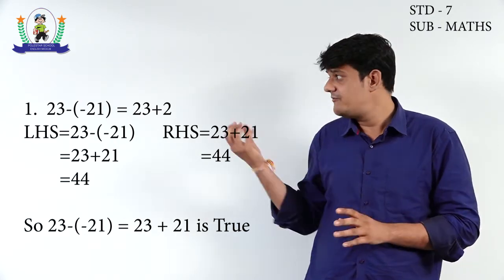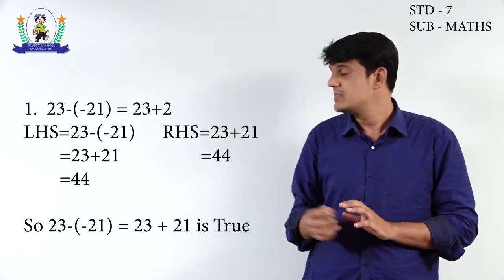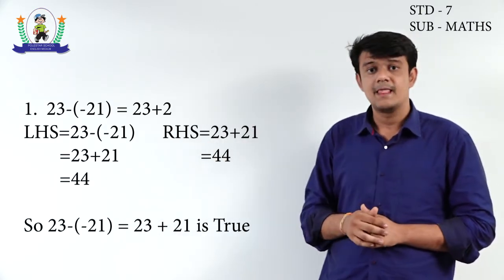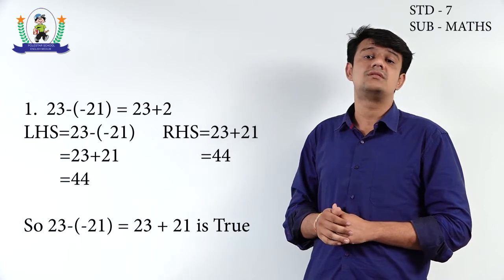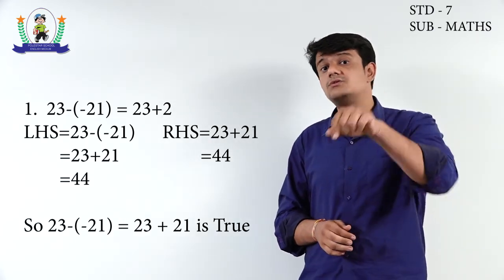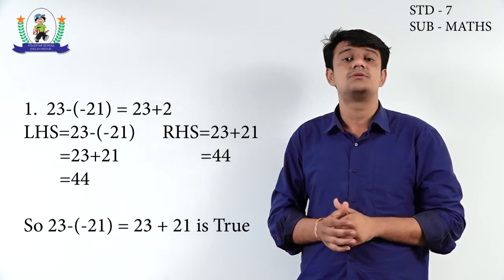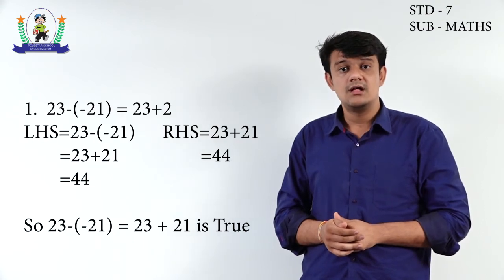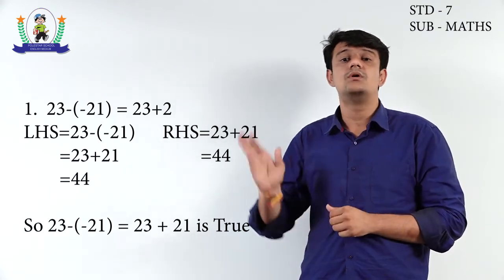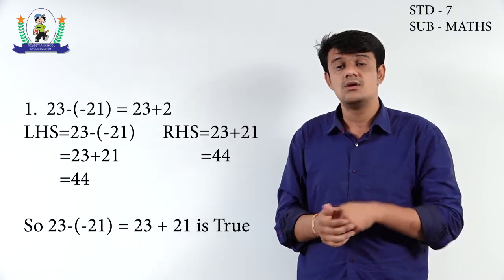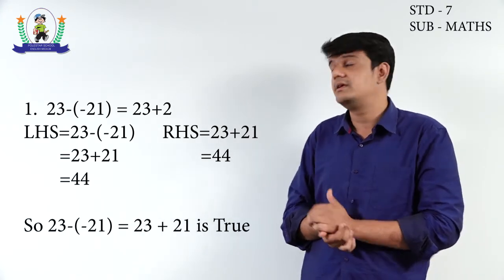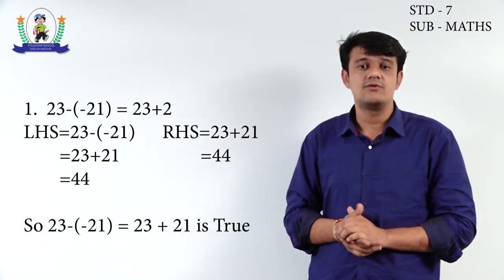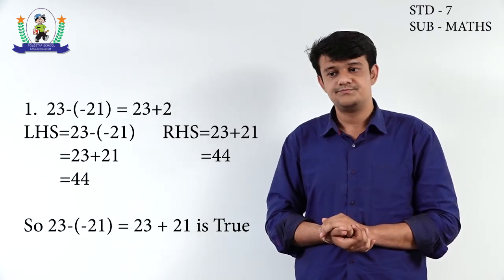If you are not getting this, then one more method is there. For that we should use a number line. First I will draw the number line. Then we are on 23. Now we need to subtract 21. Actually you are not just supposed to subtract 21, we are supposed to subtract minus 21. If we are talking about minus 21 and the subtraction sign, then we need to go in the reverse direction. But still there is a negative sign, so we will consider just the positive direction. That will reach 44. So it means 23 plus 21 represents 44. So the first statement given is true.